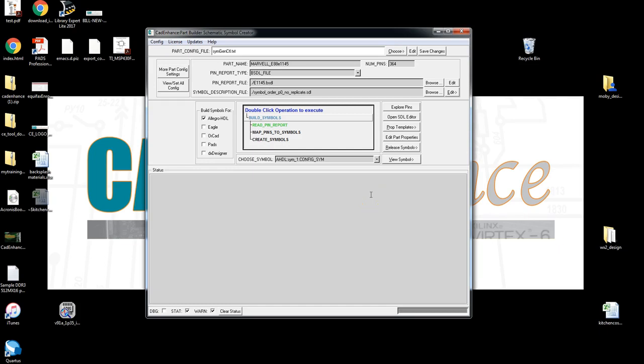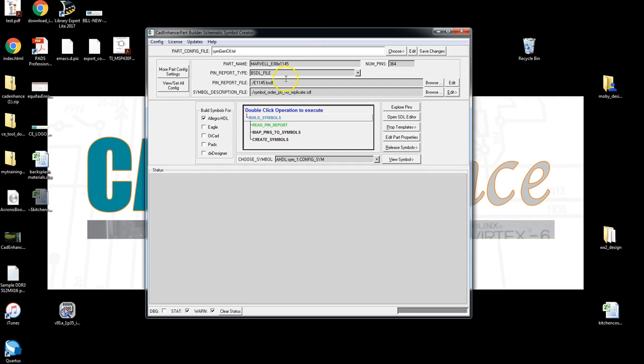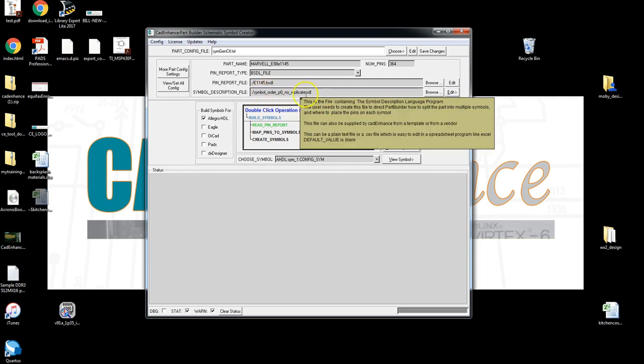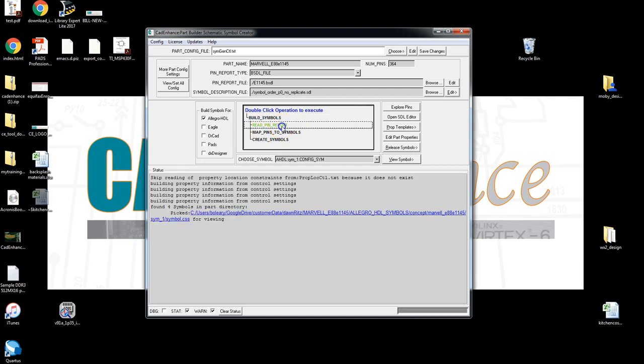In this video, we're going to take a quick look at the power of the replicate command. This part we're building, a Marvell E8 E1145, has 4 Ethernet ports on it. In the symbol order file, we're going to build the SDL file to describe one of the ports, and then we're going to wrap it with a replicate statement to build the other 3 ports. So if we read the pin report,